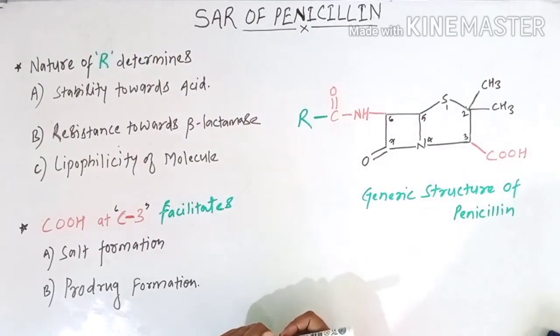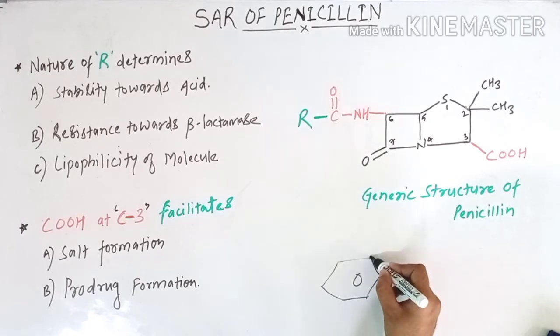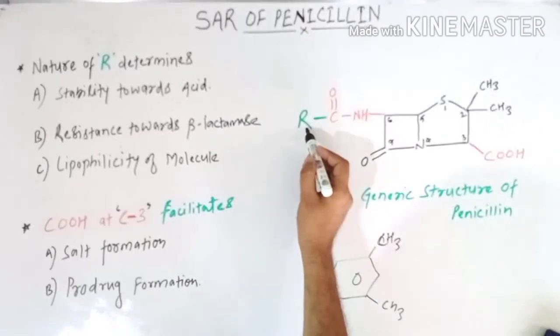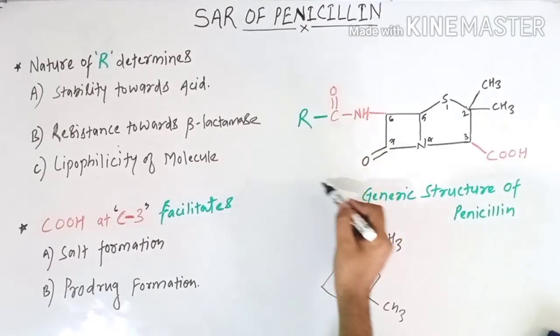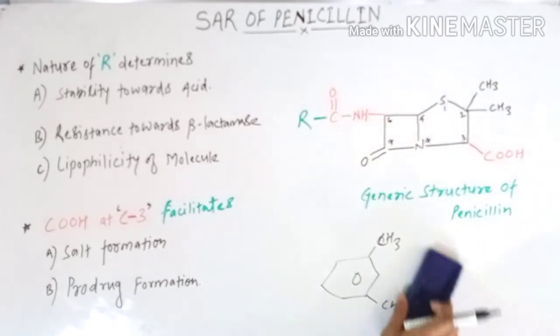So the first penicillin which is beta lactamase resistant is methicillin, and what does methicillin have? A phenyl nucleus, and on both ortho positions of this phenyl nucleus, methicillin has methyl groups. So this bulky group is present here. This bulky group creates steric hindrance around this beta lactam ring, and thus improves the resistance towards beta lactamase. So this is the first example, methicillin.